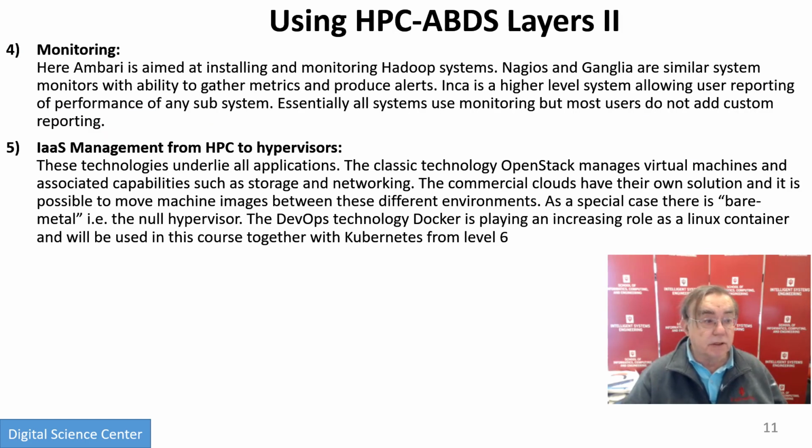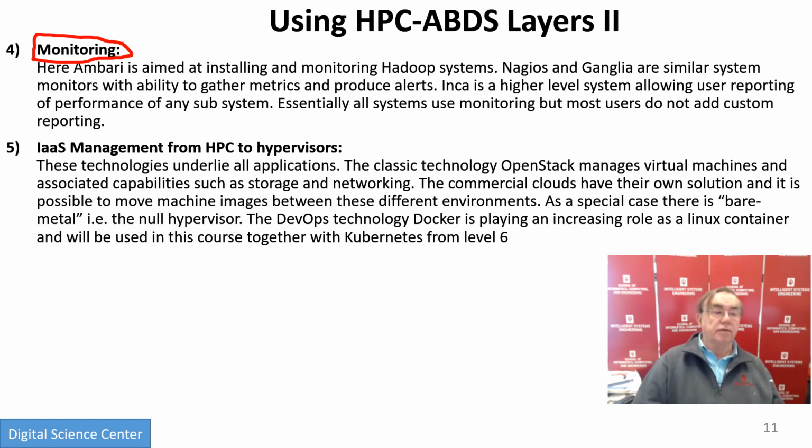Okay, last two of the cross-cutting: monitoring. When your job is running, you want to monitor what it's doing. You want to see problems. You want to do later studies of performance. So you want to know what went on. And there are various technologies, Ambari, Nagios, Ganglia, coming from Apache and the HPC communities, which gather metrics and